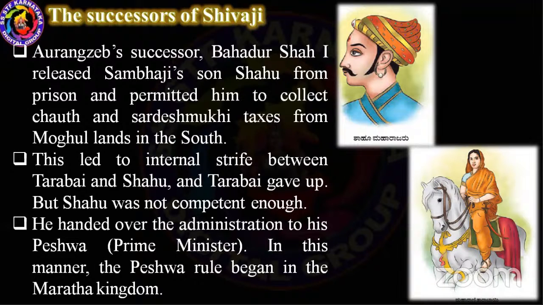To become the Peshwa, one had to show strength and intelligence in front of the court members, and those who succeeded in exhibiting talent and intelligence were appointed as the Prime Minister or Peshwa of the